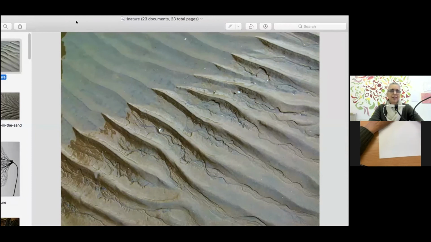So I'm just going to take you through some images. Even when you take a walk along the river and you see the way the water has created marks on the sand, they might just be like waves, for example.